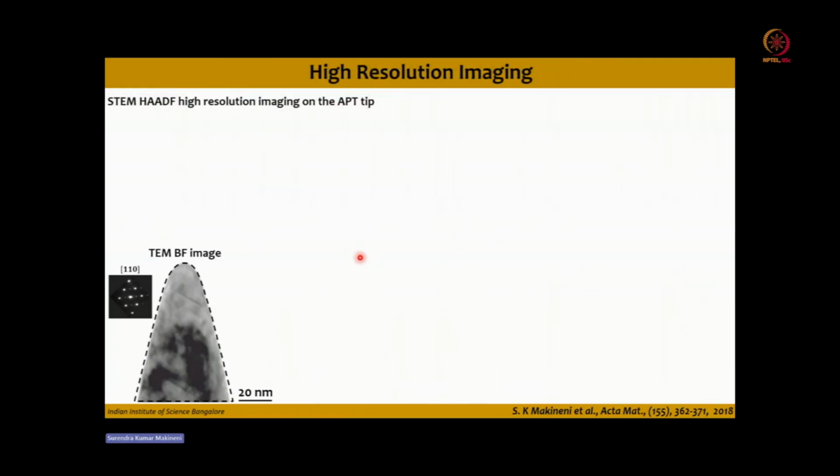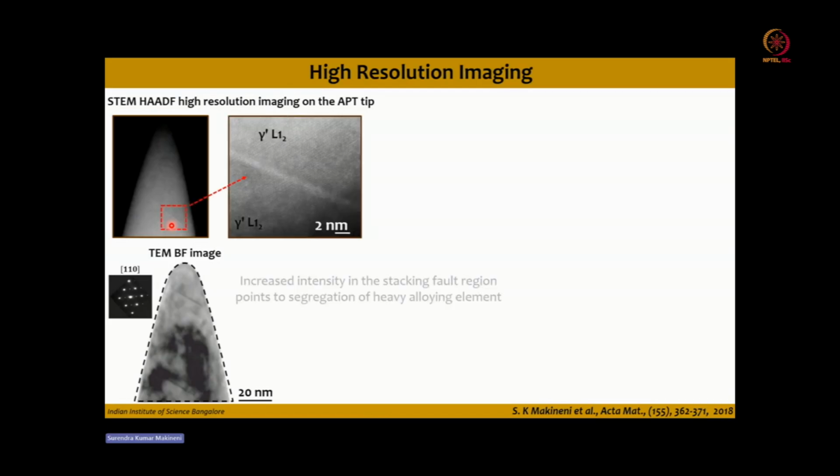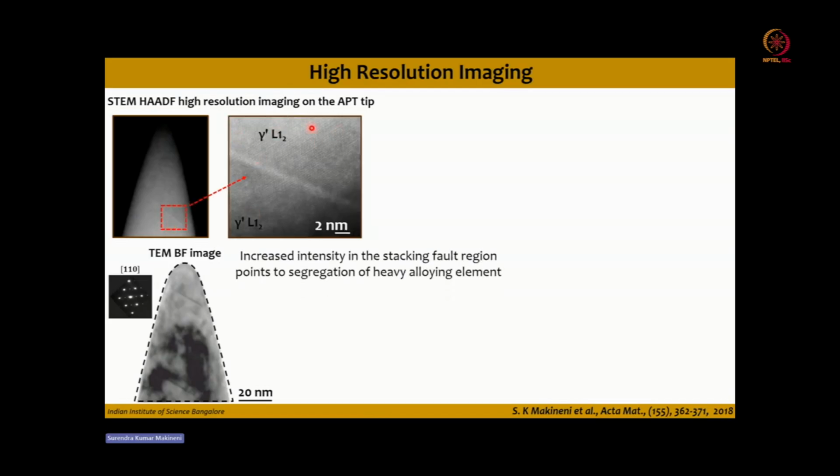Now you have a needle specimen with the stacking fault. You can go to the high resolution microscope and you can see this is a HAADF contrast image. As I told you, this is a high angle annular dark field image where the areas which are brighter correspond to high Z elements. Okay, it means that the electron beam is scattered at a larger angle in those areas. If you magnify these regions, you can see these are the atomic columns taken along the 110 cubic direction. And you can easily see that at the fault plane there is an